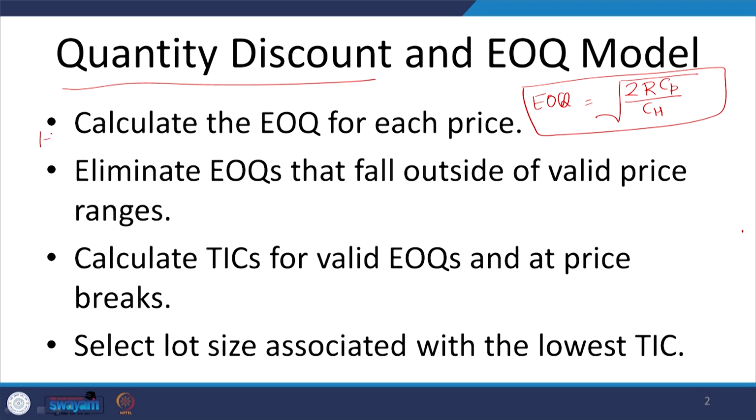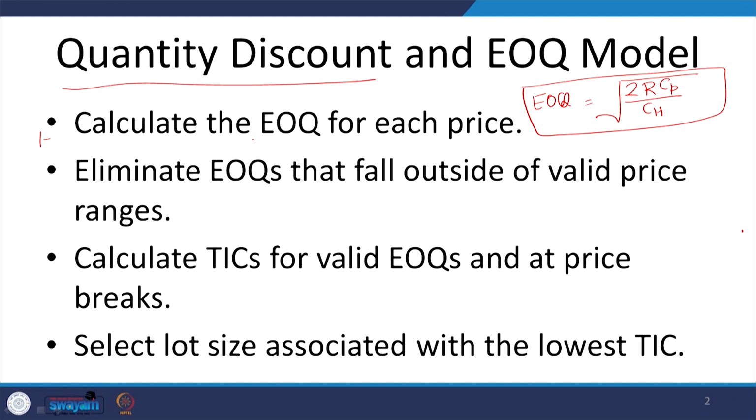So, you want to take the benefit of that discount also, and on the other side this EOQ formula is also there. So, now the question is how to incorporate that quantity discount in this EOQ model, and that is very much possible by slightly enhancing our calculation. So, this is a 4-stage process, and what are the different stages? Let me explain. First, we will calculate EOQ for each price.